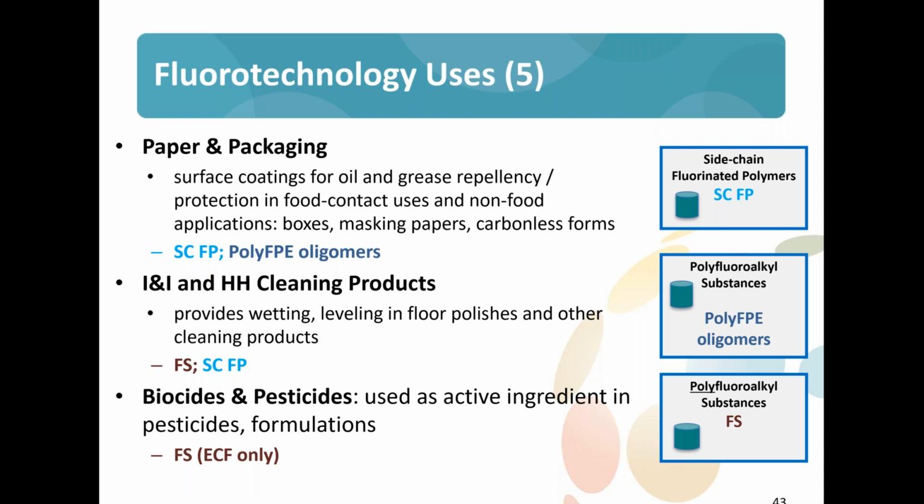The industry doesn't know yet of suitable materials to replace all the end-use applications, but the industry is working on it, as you know. The bills in Washington State and elsewhere are looking at what alternatives we have. For the time being, you have the short chain fluoropolymers that are used as repellents, but you also have, not the polymers, but the fluoropolyether oligomers that are used as coatings, the smaller molecules, not really small molecules, but smaller molecules that are used as repellents in paper and packaging.